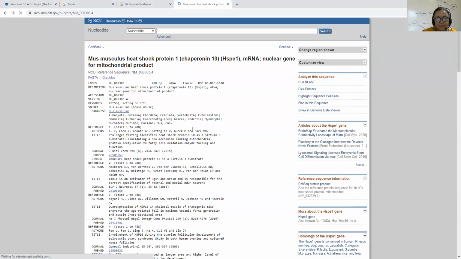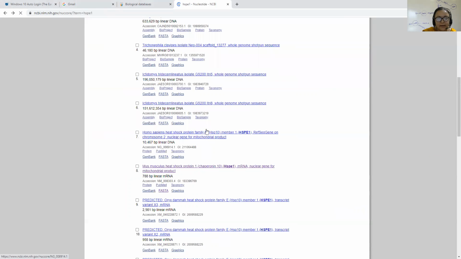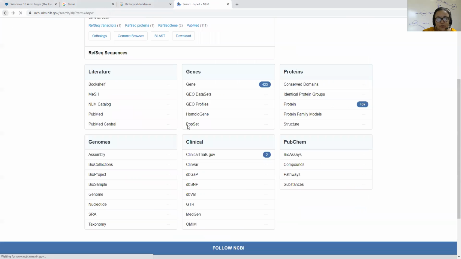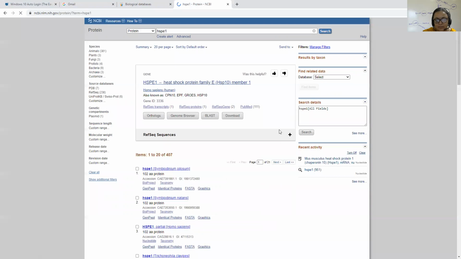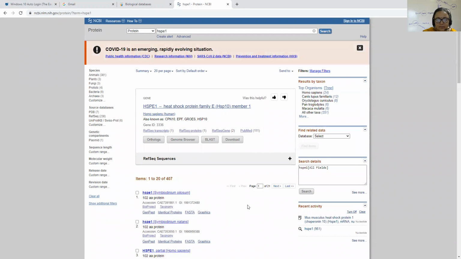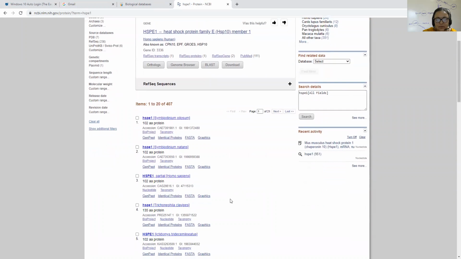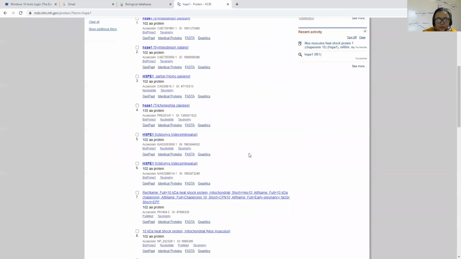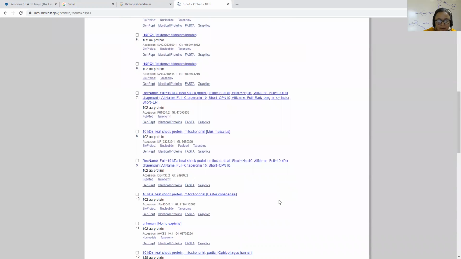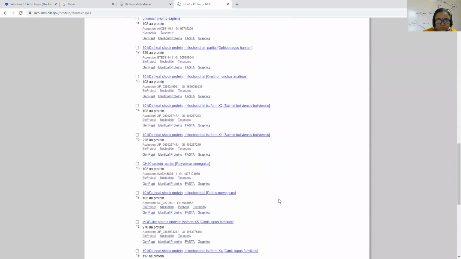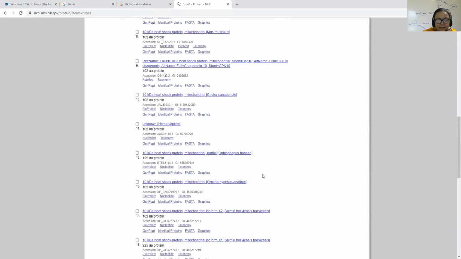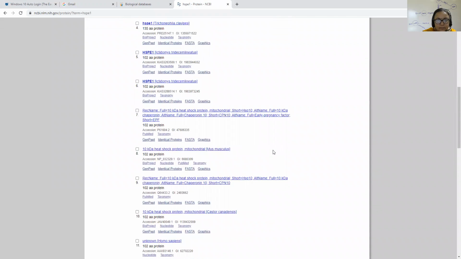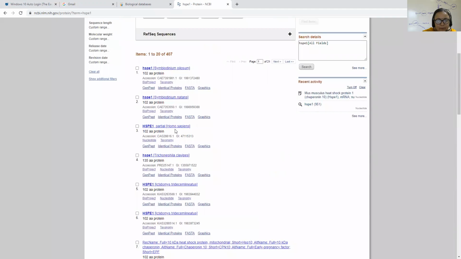With the same protocol, we can get the protein information. This is the list of genes which code the protein. We can select, for example, Homo sapiens.